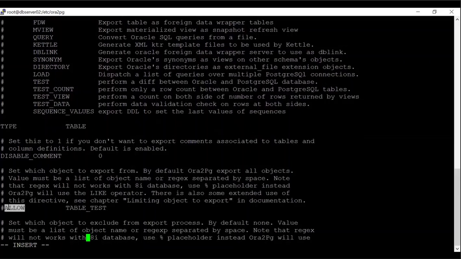Okay, this parameter is for when you want to fetch or migrate only a specific set of tables. In that case, you can just enable this allow parameter and add those tables here. Or if you want only a specific sequence, or only a specific package, you can just specify that name, and it will only export that specific